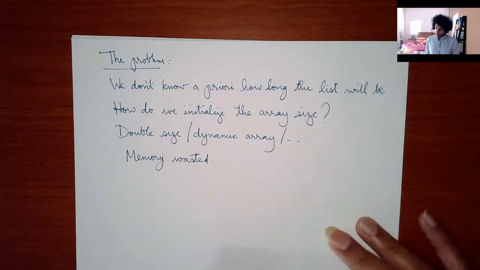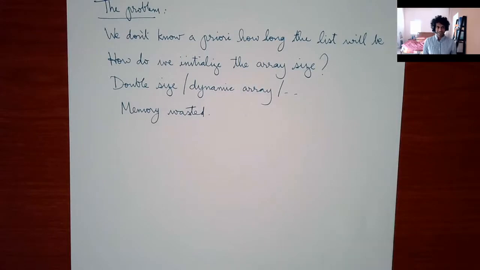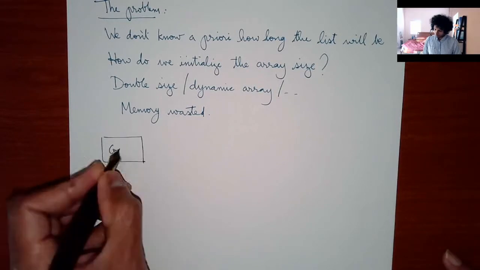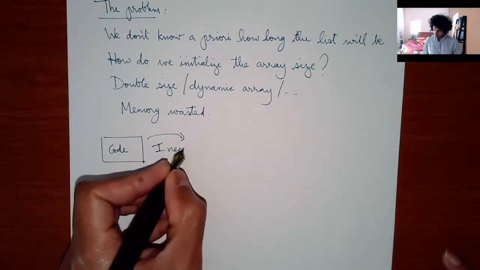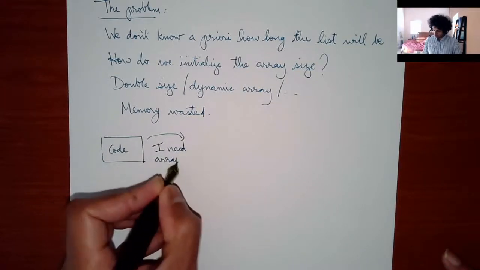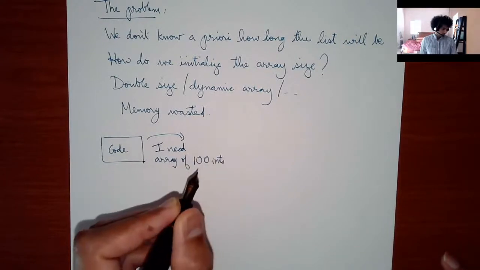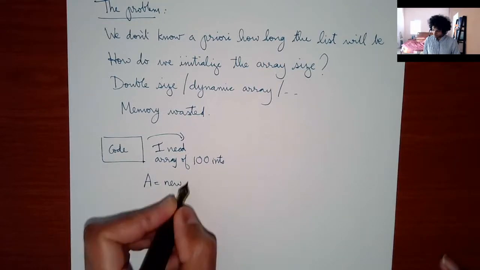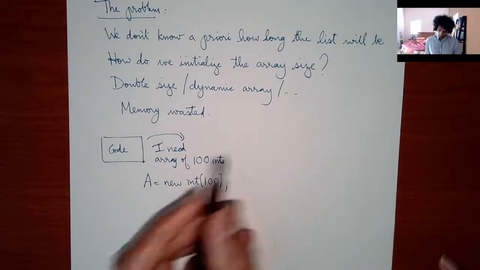So why does memory get wasted? If you're going to double the size of the array, then you're going to have to allocate that much more memory, right? So if you've written a piece of code and the code says, I need an array of 100 ints, that would be something like a is equal to new int 100. Well, then this goes to the operating system,